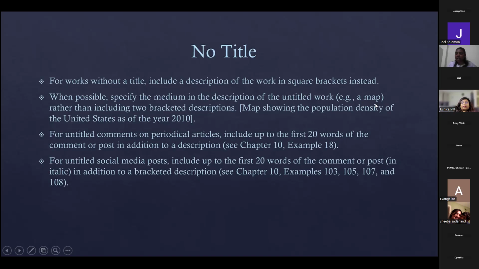Are you understanding? When you're referring to a source which doesn't have a title, you can mention the description in square brackets. Okay, so when possible, specify the medium in the description of the untitled work. Example, you just mention it as a map. That's the description, rather than including a bracketed description like "map showing the population density of the United States